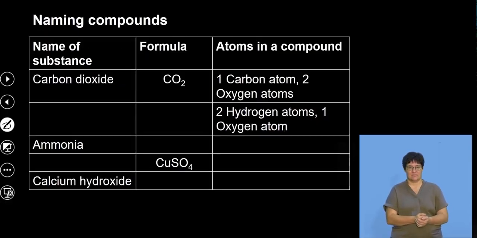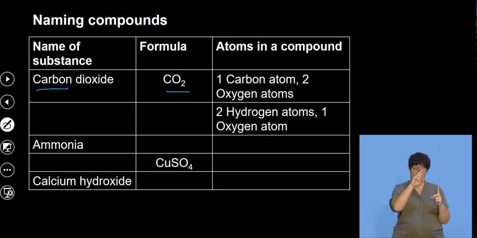Right. And then let's look at a simple activity like this one, which says, first of all, in the first column, we've got the name, followed by the formula, and then what atoms or elements make up that particular compound. So carbon dioxide, the formula is CO2. What does this CO2 tell us? It tells us that this substance consists of carbon as well as oxygen. Now the dioxide suggests that there are 2 atoms of oxygen